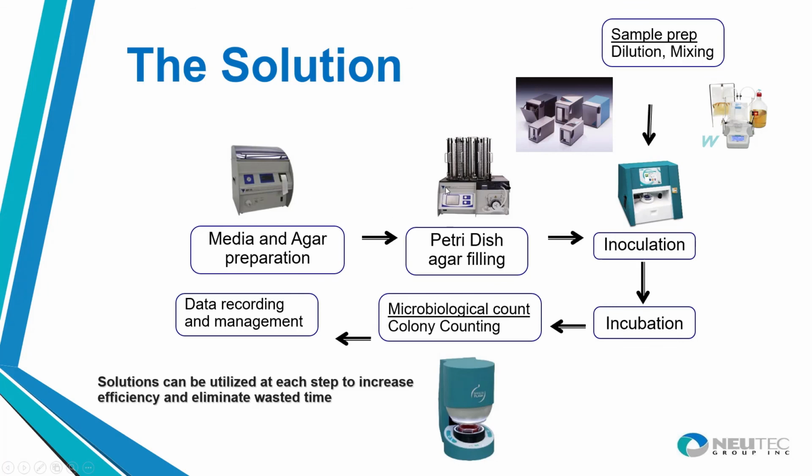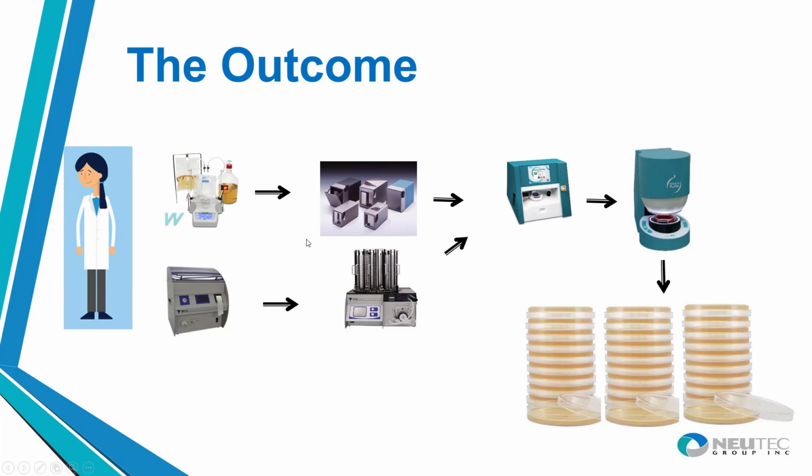You hook it directly up to an automated plate pourer. It's pouring the media. They come together at the inoculation step, through a spiral inoculation through an Eddy Jet, incubated, and then it has to be counted, and that can be automated through the Sphere Flash. And the end result is that with a limited workforce, you can maintain the output needed to get these results